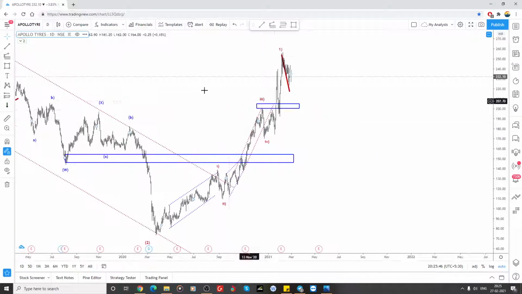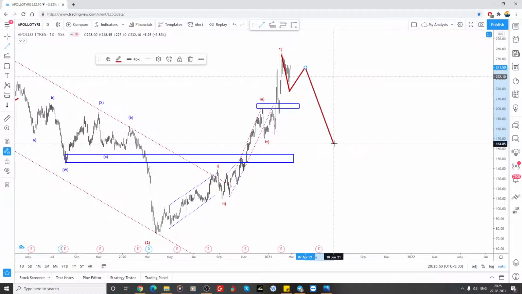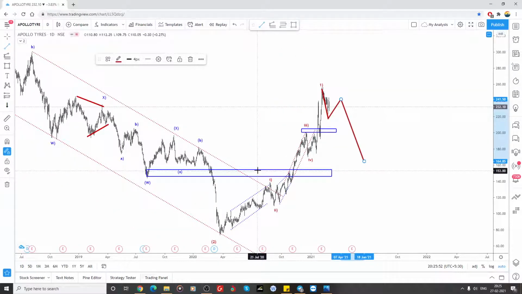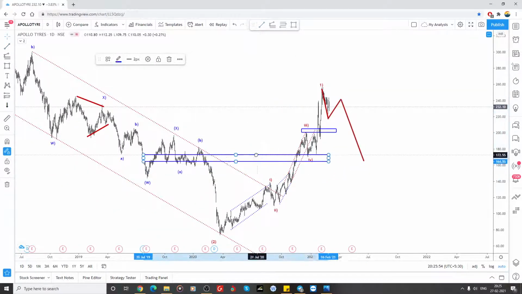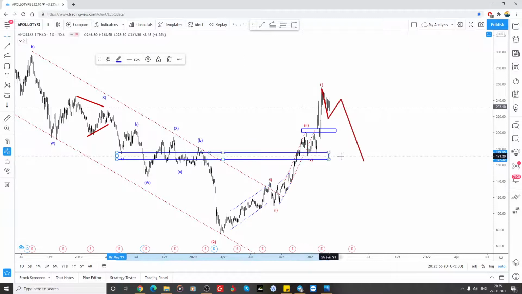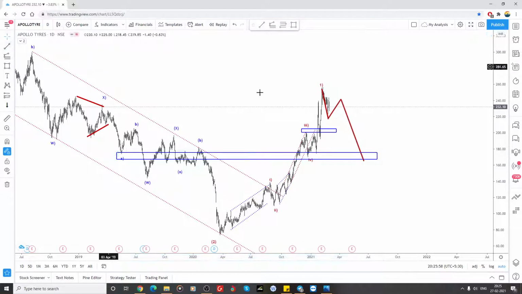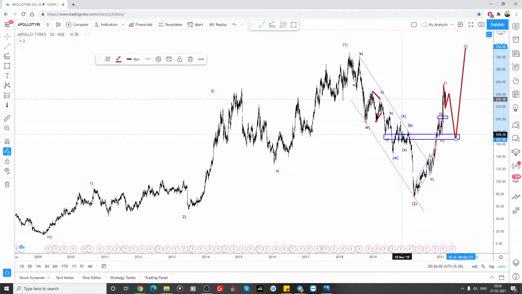So again what we need is a 3-wave structure. Once that 3-wave structure comes near the next support zone, which is here, we need to buy. It's around the 160 zone, and again we are targeting that. It has to shoot up here, above that, it has to cross,